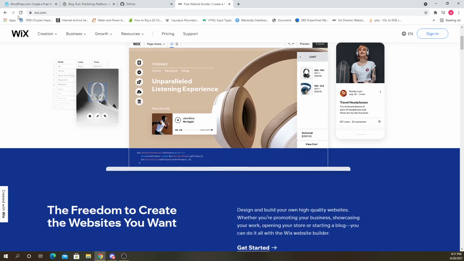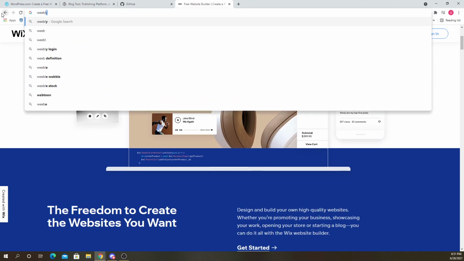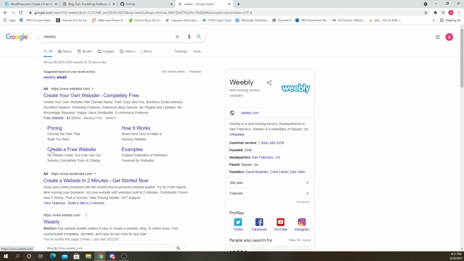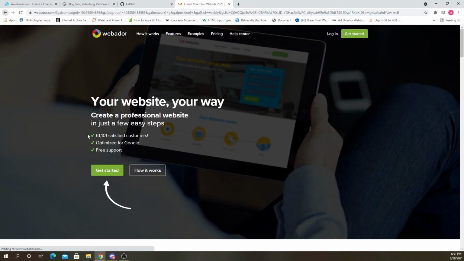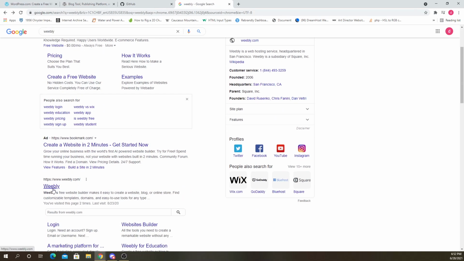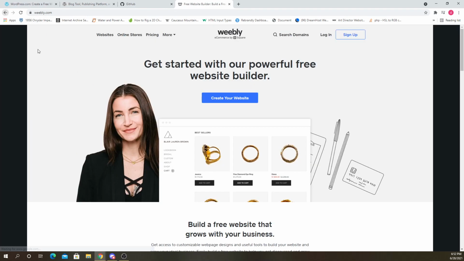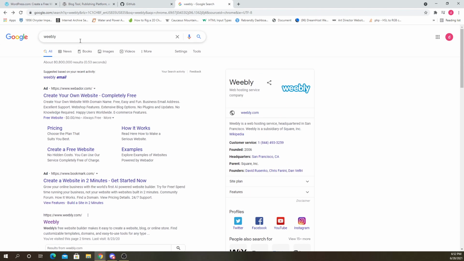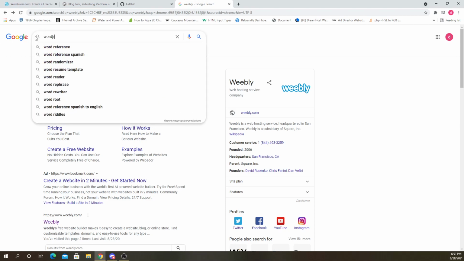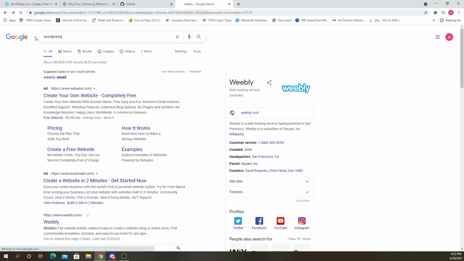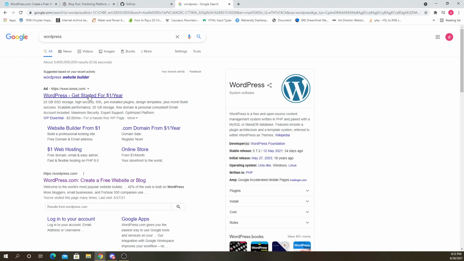And then there's Weebly, and I guess there's some other ones that are advertised here. Webador. There's always some new ones coming out. But again, WordPress is just the most popular by far.